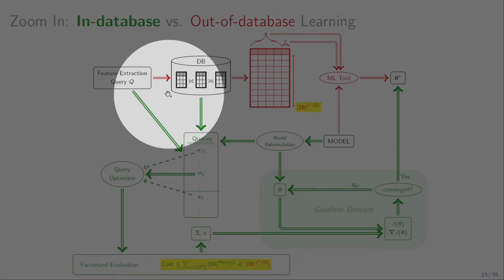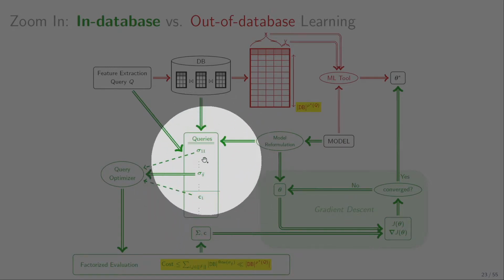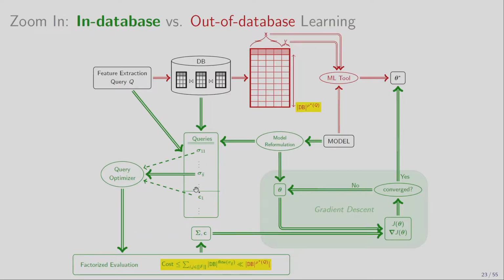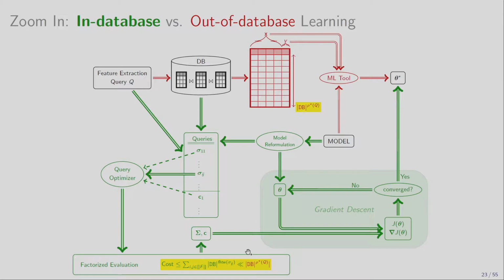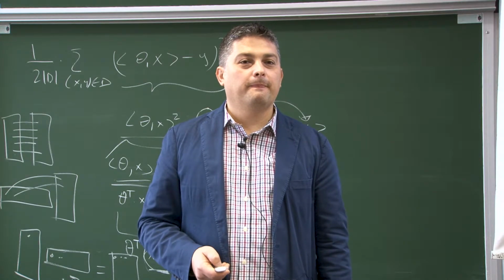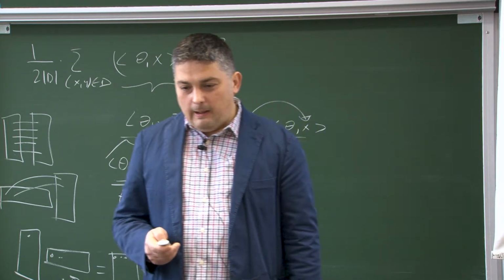Alternatively, from the database with the schema, with the feature extraction query, and the model reformulation I just showed you, you get these queries, which are the entries in the sigma matrix, and also the entries in C, and so on and so forth. They all become input to the query optimizer, where we rewrite them efficiently, so we can attain our fractional hypertree width to evaluate them. Okay? And that may be actually way smaller than doing it out of database. Are there questions about this? Is it clear? Perfect. Good.